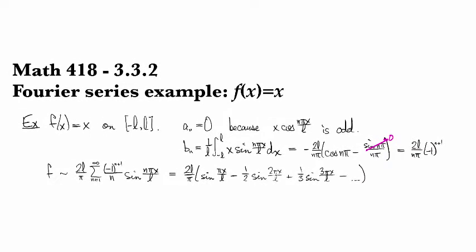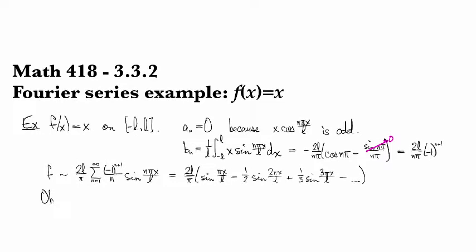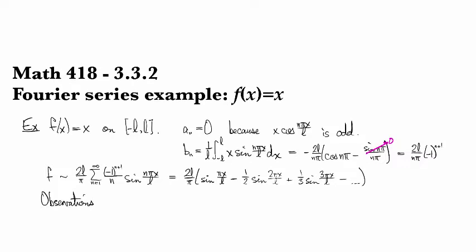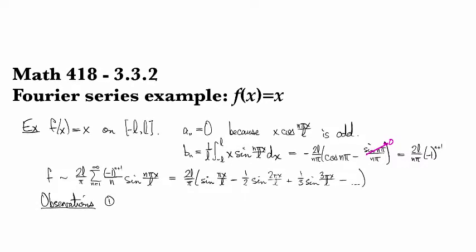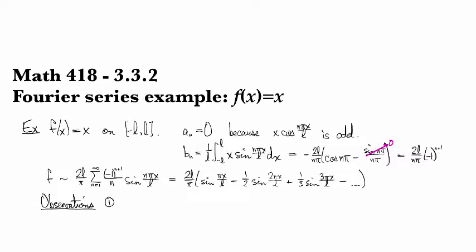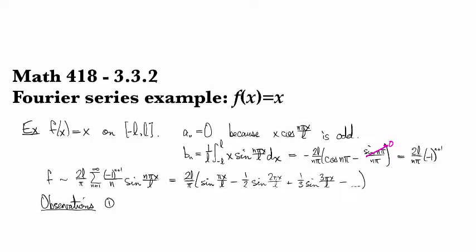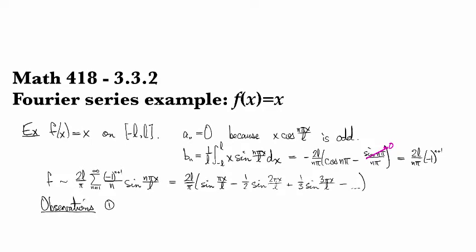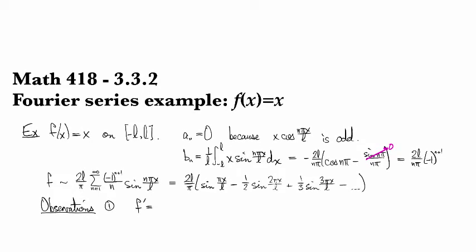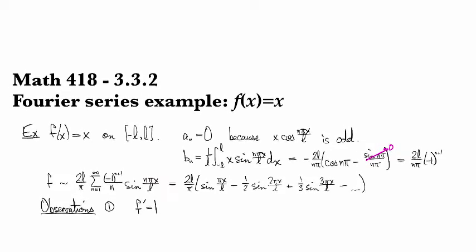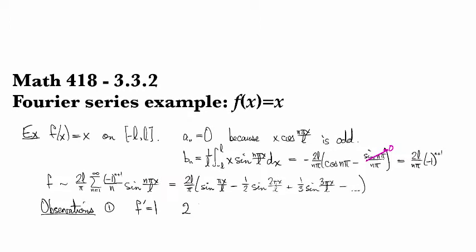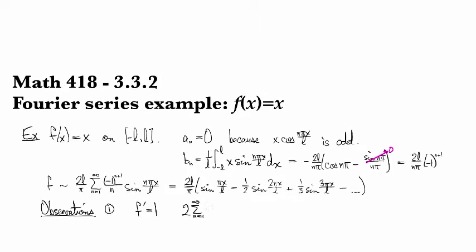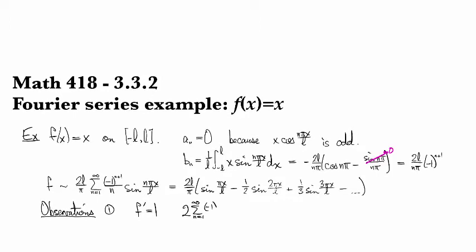Okay, so now we're going to make some observations, studying this guy a little more closely. So first observation, if we take the derivative of both sides of this and differentiate term by term, on the left we have that f prime is equal to 1, and on the right we have 2 times the sum from 1 to infinity of minus 1 to the